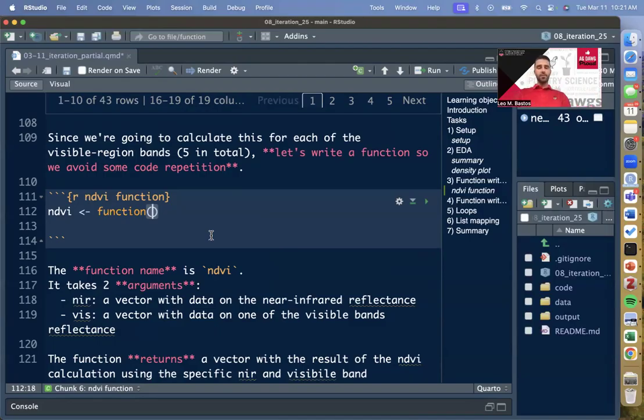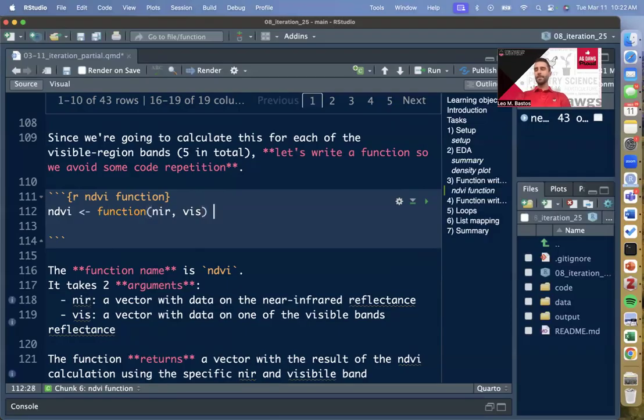So the two arguments I want to give here, I'm going to call them NIR, comma, and basically the first argument, NIR, is the column that's going to have the near-infrared reflectance. The second argument is going to be called vis, and it's going to basically carry the values of any visible band that I want to calculate